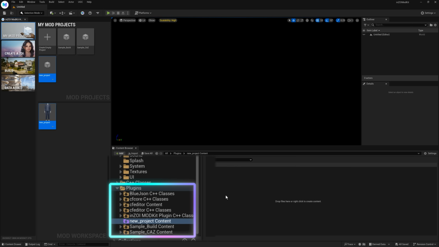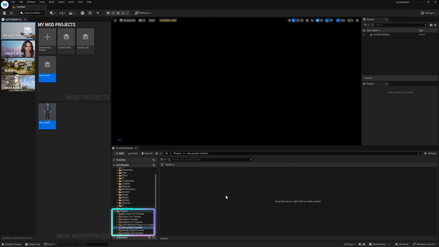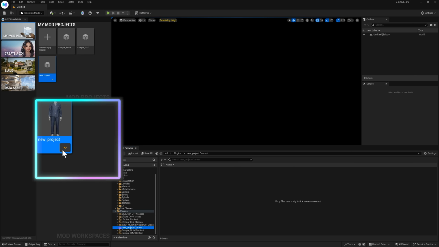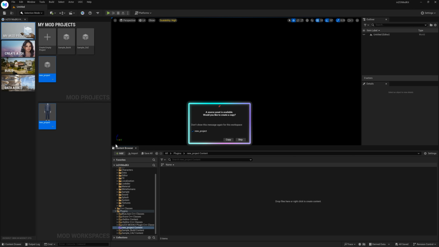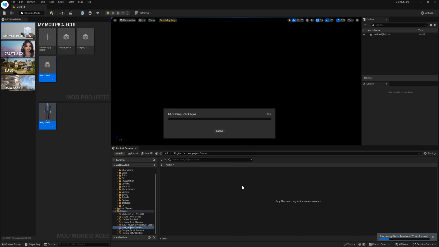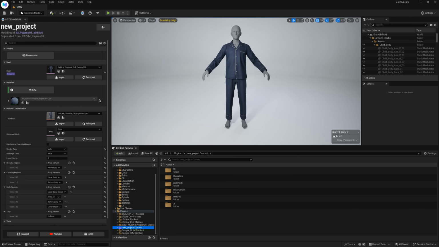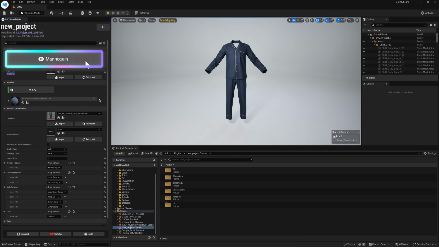Let's apply the new outfit we've created in this project. When you click Open Mod Workspace, a message will appear asking whether to copy the base asset data. To help understand how outfit assets are structured in Inzoi, we'll start by copying the existing source. Click the Copy button. Now, we'll replace each element with the assets we've created. At the top, you'll find the Preview toggle button.